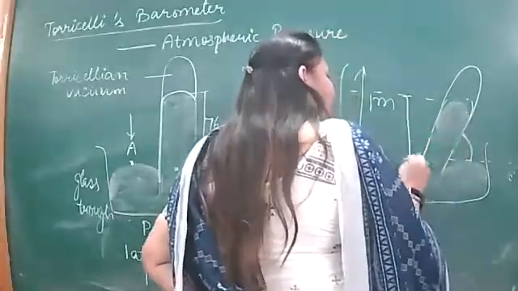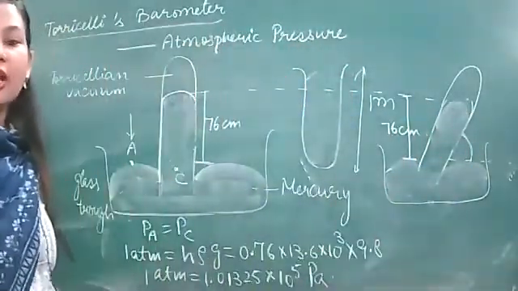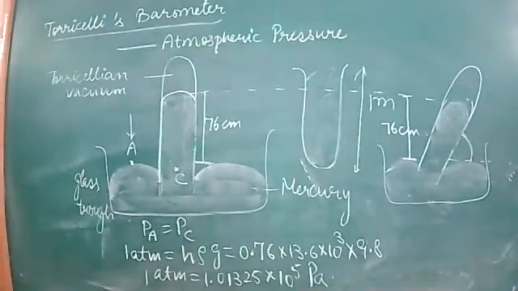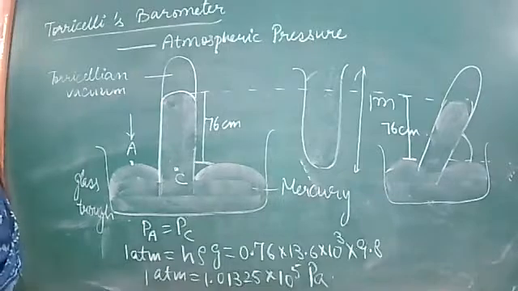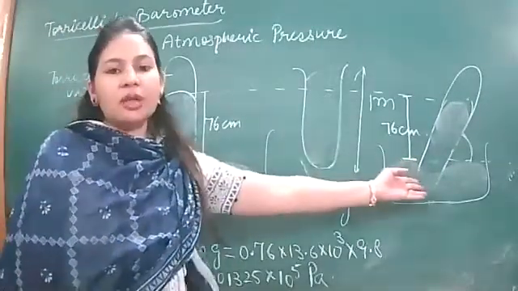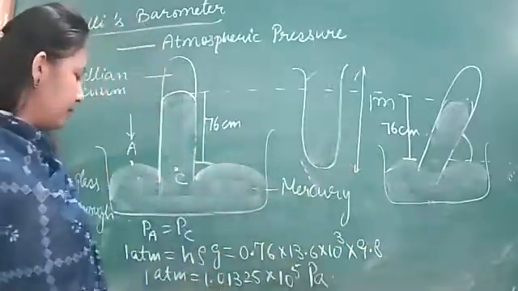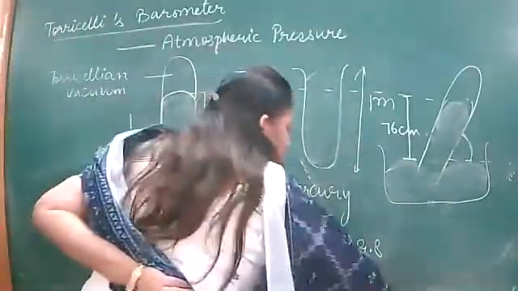Still this vertical height was equal to 76 centimeters. So this height was not affected at all. So the standard value of atmospheric pressure remained 76 centimeter of mercury column only. On tilting the test tube even, the value did not change. All right. So next topic is